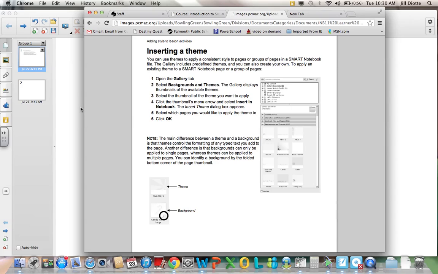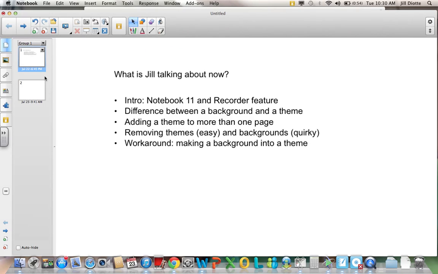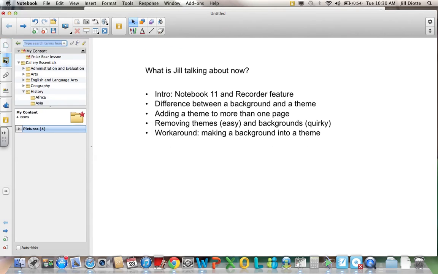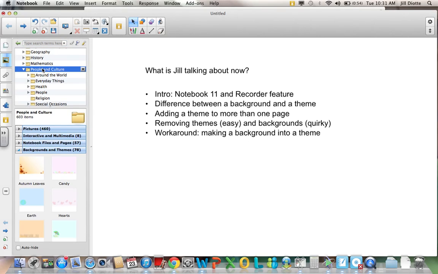So let me go back into my Smart Notebook and talk a little bit about the difference. So here I am in the gallery, and basically my problem that I was having last night is that every time I was doing a search, no matter what I was searching for, I wasn't getting any themes to show up as options. So in order to find the themes and find out where they are, I just started going through the gallery essentials. And so I found under people and culture,